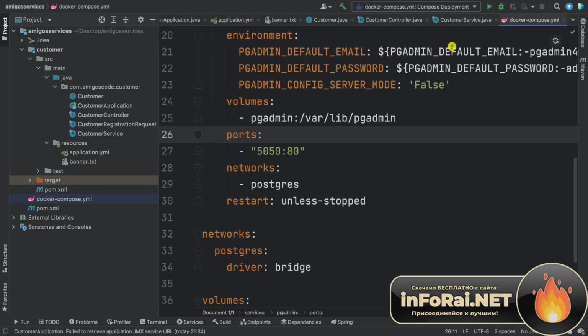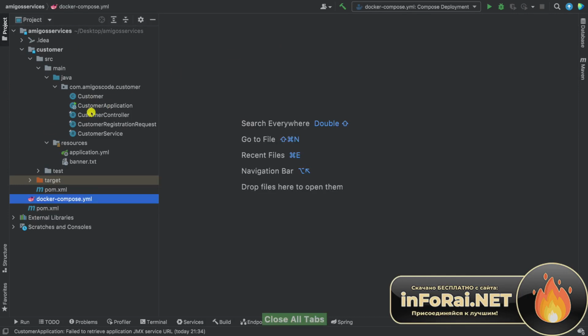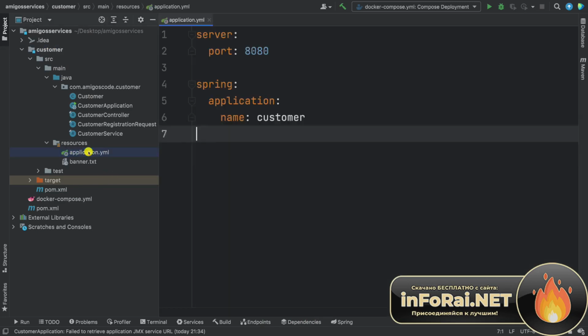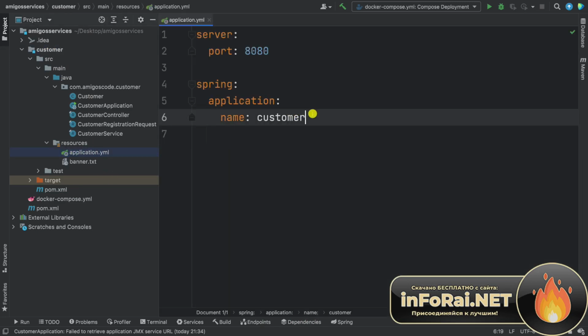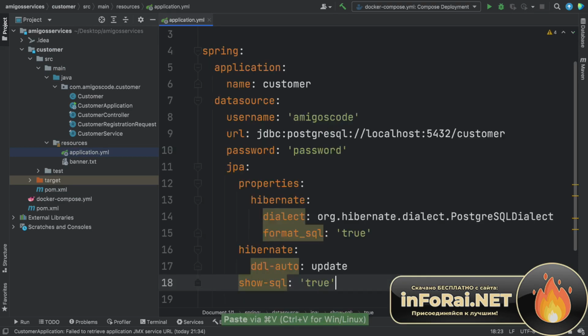So within IntelliJ, what I want to do is let me just close all of these tabs. So close all tabs and let's start fresh. So inside of our customer microservice, open up application.yaml. And in here, what I'm going to do is paste this configuration, and you can find this under the description